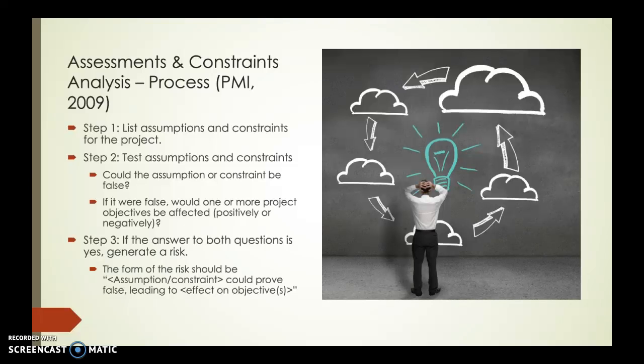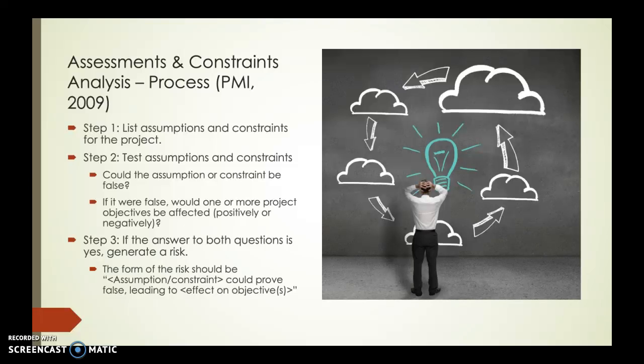And we do that by asking two questions of each assumption and each constraint. One, could the assumption or constraint be false? In other words, is this thing that we're assuming to be true, or this constraint that we know to be true, could it eventually be false? And if it were false, would one or more project objectives be affected, either positively or negatively? In other words, if we miss this schedule constraint, for example, how would that positively or negatively affect the project? If this assumption that we're making about the weather proves not to be true, how does that affect the project,